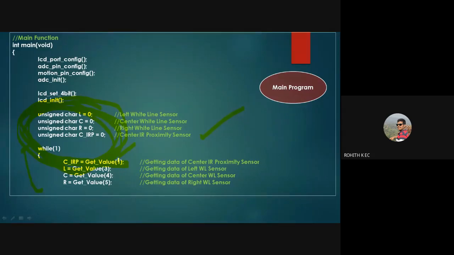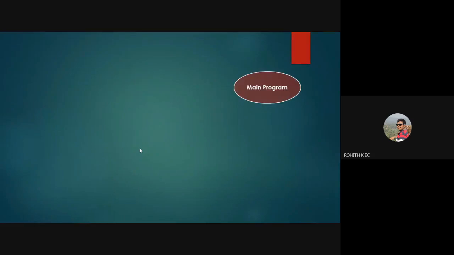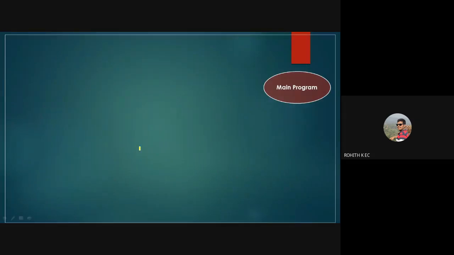Whatever address you send here, from that particular analog line, the data will be thrown to this particular variable. So the addresses of these sensors are 3, 4, 5 for the white line sensors, and for the center proximity sensor the address is 1.